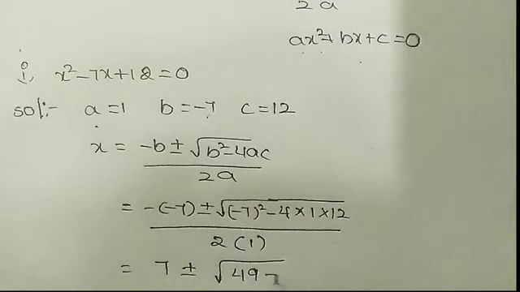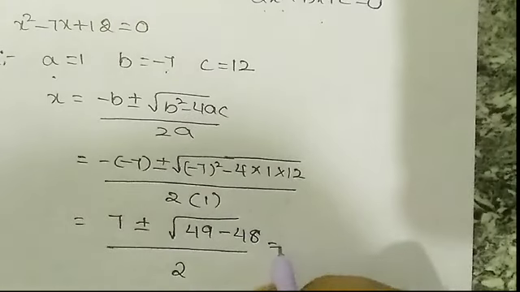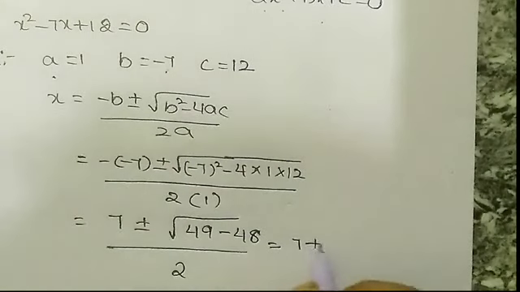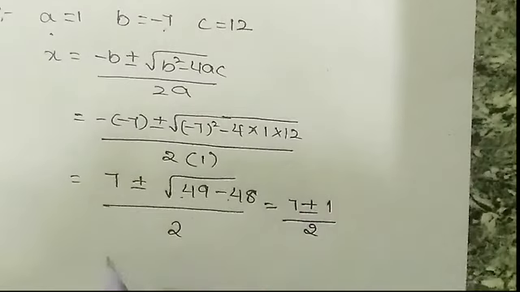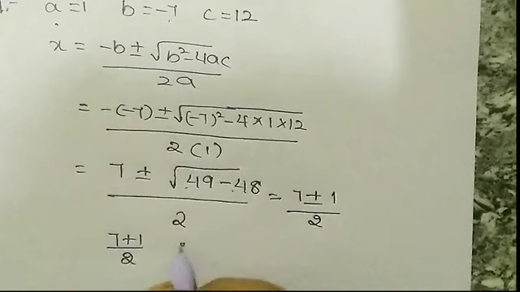In the second one, minus x square plus x plus 2 is equal to 0. First of all, write the a, b, c by comparing this equation with the quadratic equation. Then we get a is equal to minus 1, b is equal to 1, c is equal to 2. After getting these values, substitute in this formula minus b plus or minus square root of b square minus 4ac by 2a. Then we will get minus 1 plus or minus root 9 by 2.